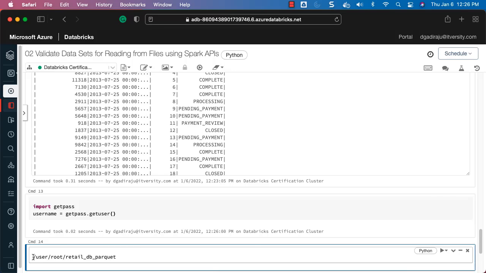In this case, I would like to use username in place of root. For that purpose, let me say output_dir equal to /user/root. This has to be specified in single quotes. Also, I would like to use format string. In place of root, I should be able to use username like this. Now output directory will be